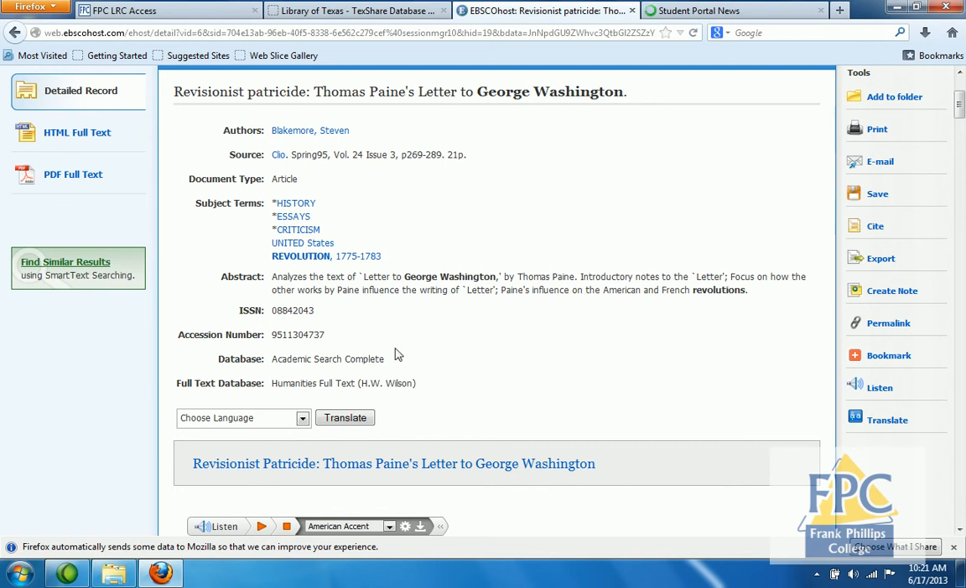So in the middle, here's all of that information that we had previously. It gives you the abstract and all the bibliographic information. On the left, you've got the PDF and HTML full text options. On the right, you've got all the toolbars. Okay, so